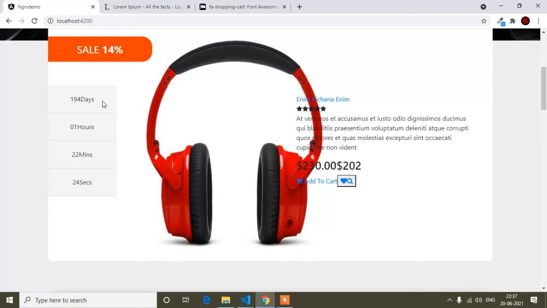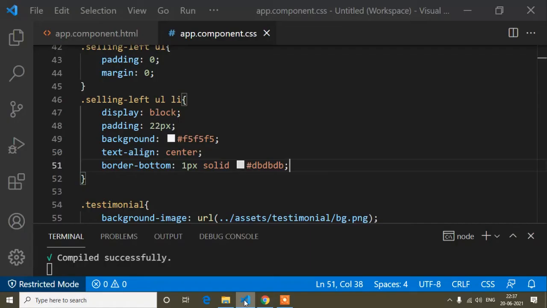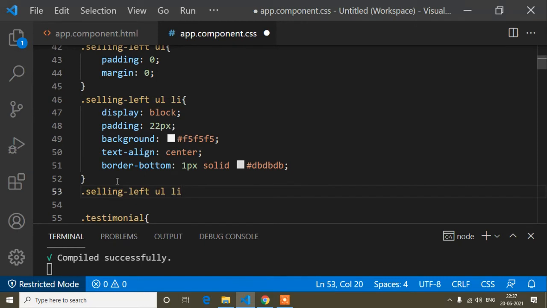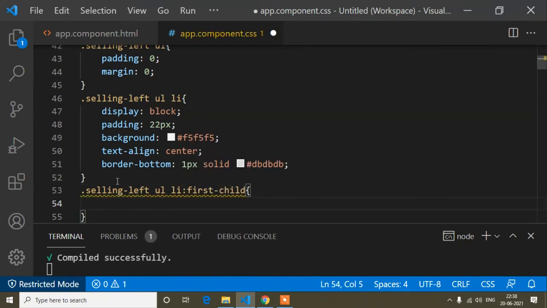Okay, so here you can see it's added a button on the last of this line. So for that, the border of the last line of this li tag has to be removed. So here I will write first of all this one, first child. So first child, here I will add more padding.